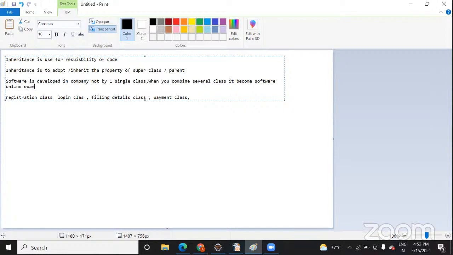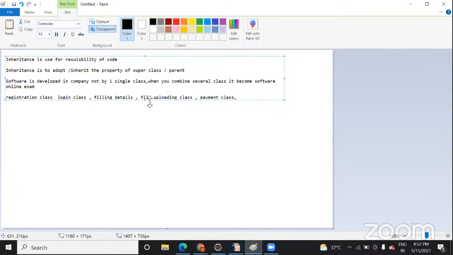a single developer does not create the whole code. There are different software developers, and based on their skill and experience they start. For example, a new fresher or a less experienced person develops the login class, because in the login class you need user id and password. Even a fresher can declare the registration class. In that you need to add name, phone number, address, email ID, filling details and file uploading.